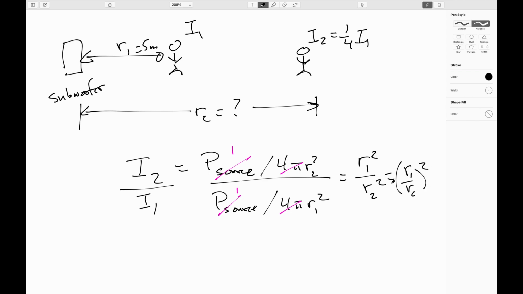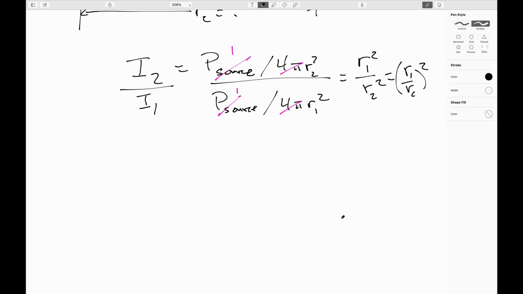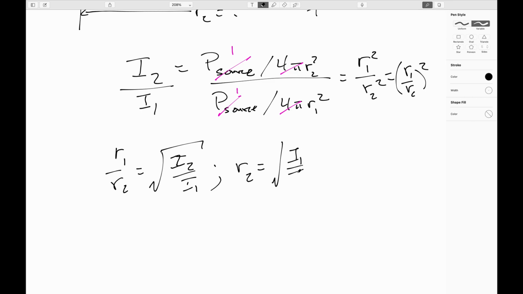Okay. So we can take the square root of both sides. This will give me that r1 over r2 is equal to the square root of I2 over I1. So finally, my R2, cross multiplying, would be the square root of I1 over I2